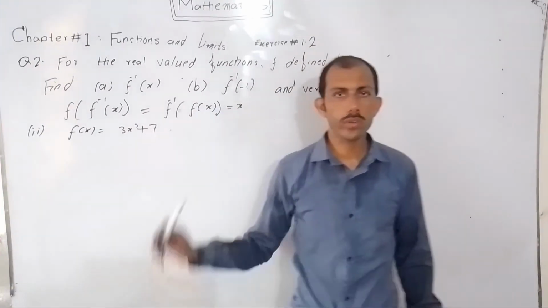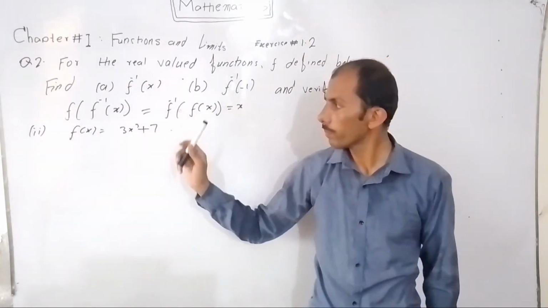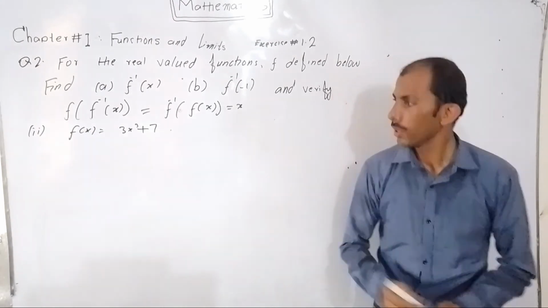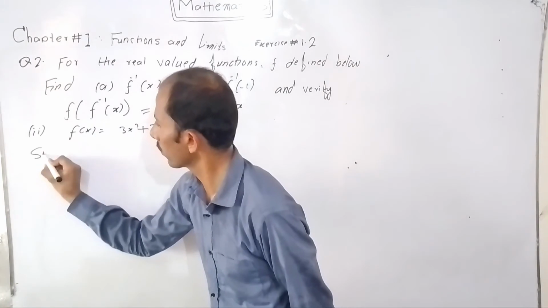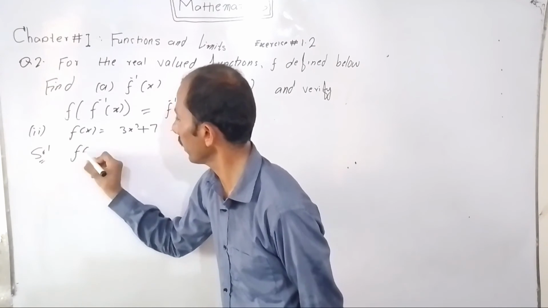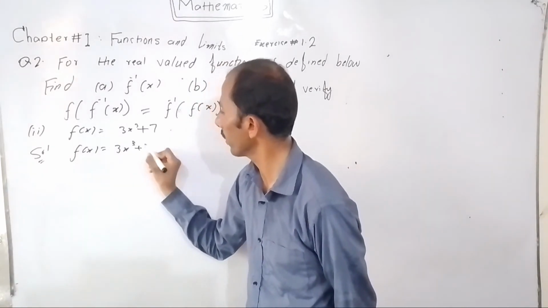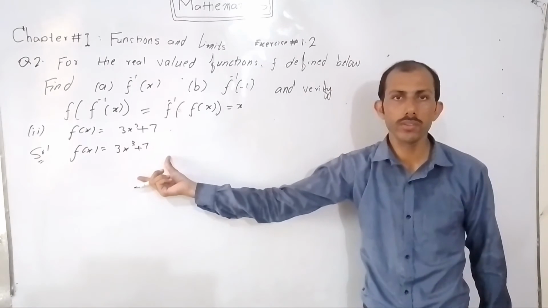Yes student, next question number 2, part number 2. f of x is equal to 3x cube plus 7. Solution: first of all, we write it as it is. f of x is equal to 3x cube plus 7. First, as it is the question,